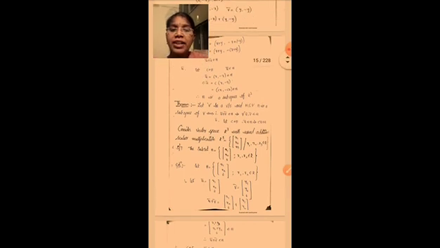So H satisfies three conditions: 0 bar belongs to H, and it is closed under addition and scalar multiplication. So these three conditions are satisfied. So here H, the given subset, is a subspace of R squared. Okay, clear? Okay, so next one, a theorem is there, an important statement.